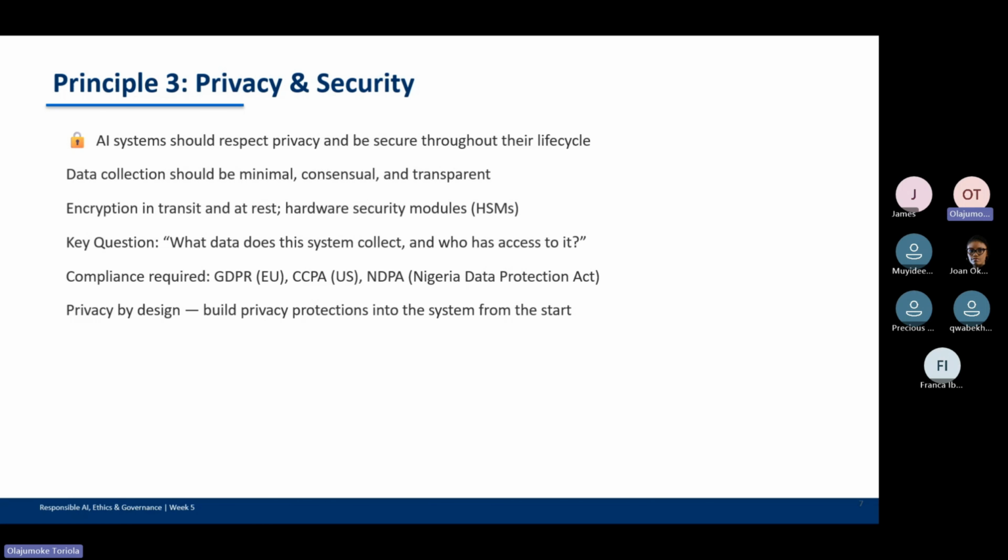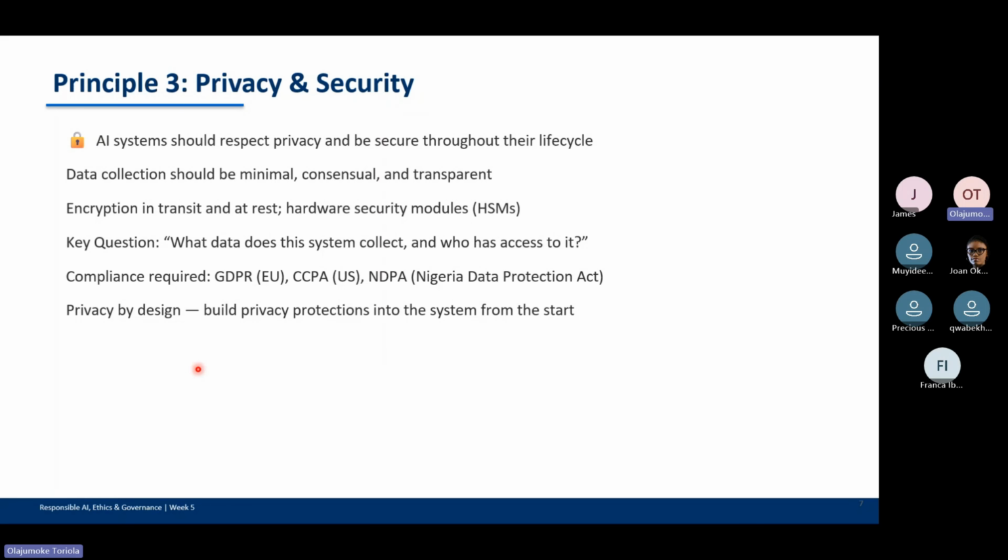Now, the third one is privacy and security. AI runs on data. I remember when we started this course, I made mention that the lifeblood of AI is data. It's just the fuel that drives AI. At the end of the day, every single text you put in is data. So oftentimes, you even feed it sensitive data.